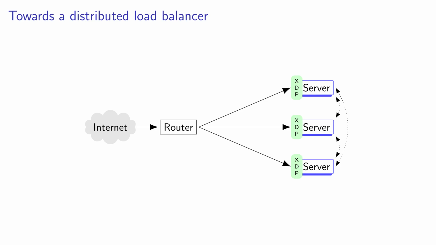XDP can provide this. Express Data Path, XDP, permits processing bare metal packets at the lowest point in the software stack, making it ideal for speed. Every time a packet arrives, the XDP programs are executed before the kernel network stack. These programs can inspect the network packet and also modify it, and based on this data decide what to do with the packet. At the end, the XDP program must tell the kernel what to do with the packet: accept it as if the XDP programs were not there, drop it like the packet had never arrived, or redirect it, for example, to another server.